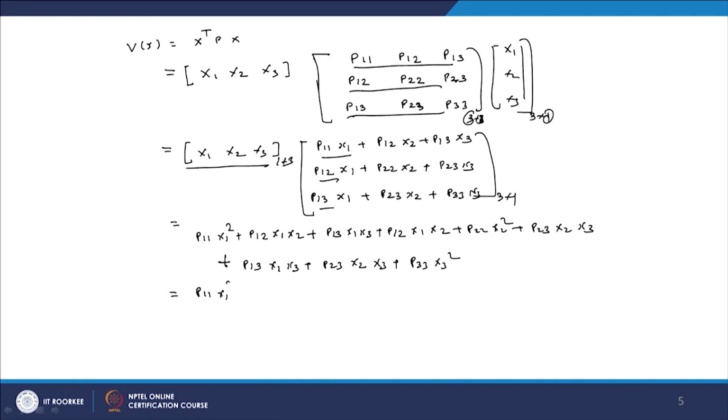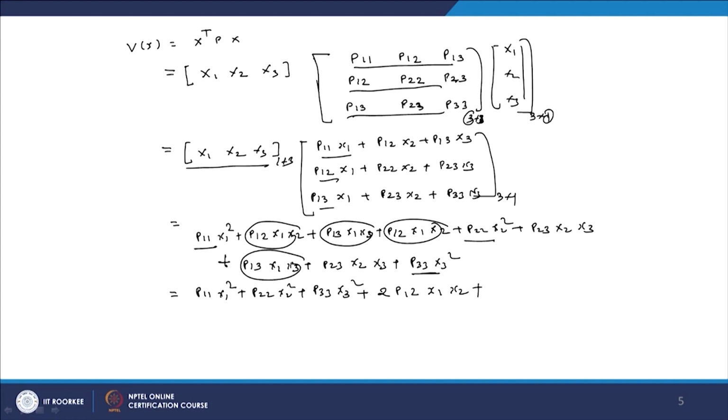P11 into x1 square, then P22 into x2 square, and lastly P33 into x3 square. So we have P11, P22 and P33 plus. We will find that this is P12 x1 x2, and this is also P12 x1 x2. So we will get 2 times P12 x1 x2 plus, now here P13,